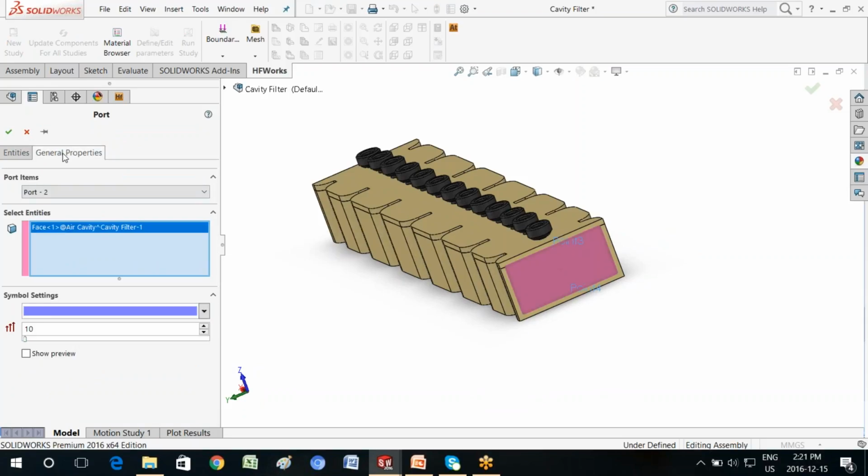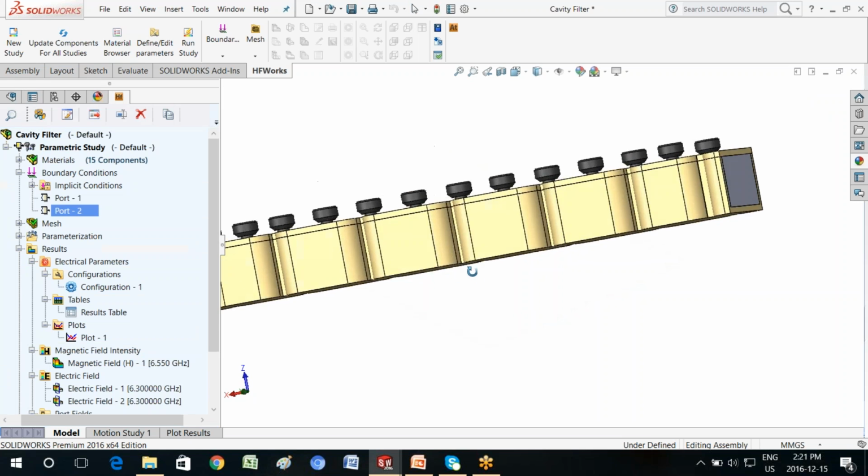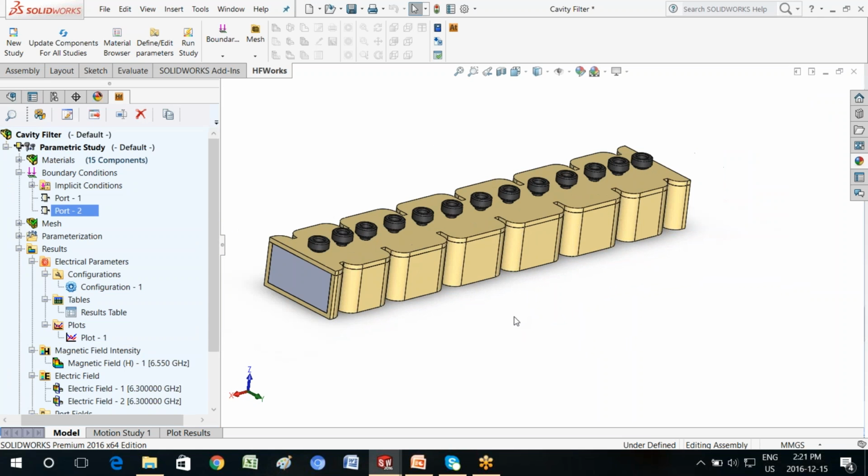You select the phase, you select the 2 points that conform to the outer boundaries of the port, in this case what we call the voltage points, and that's it. Definition of a port is extremely simple, as you just saw here. Okay. Once the port is defined, we are all ready to go ahead and run this problem.